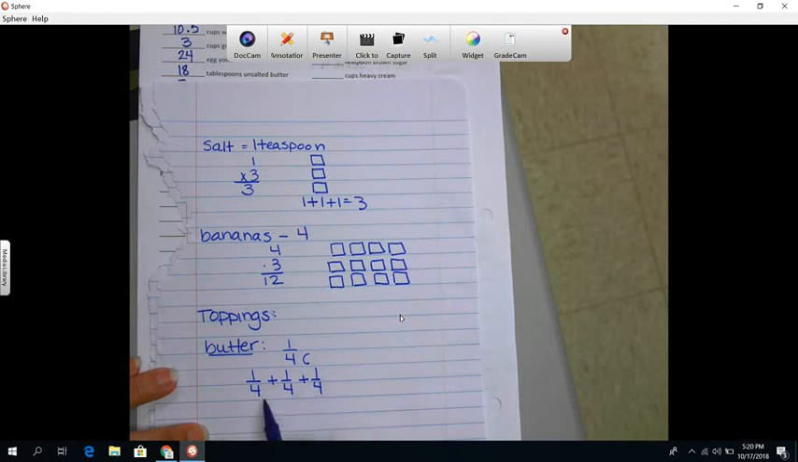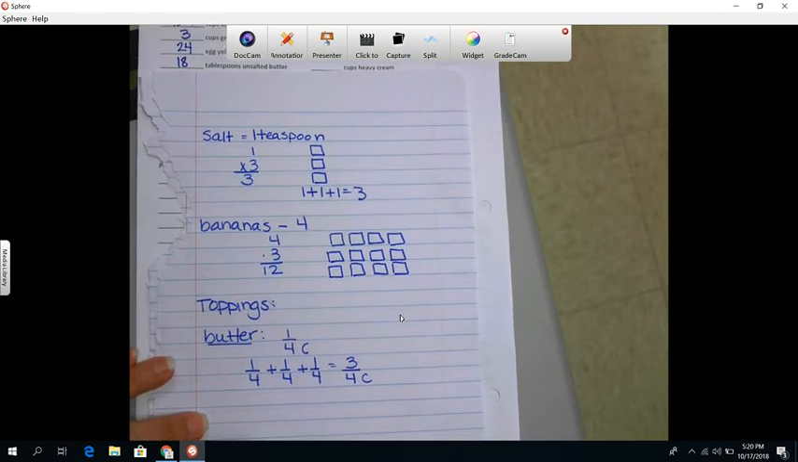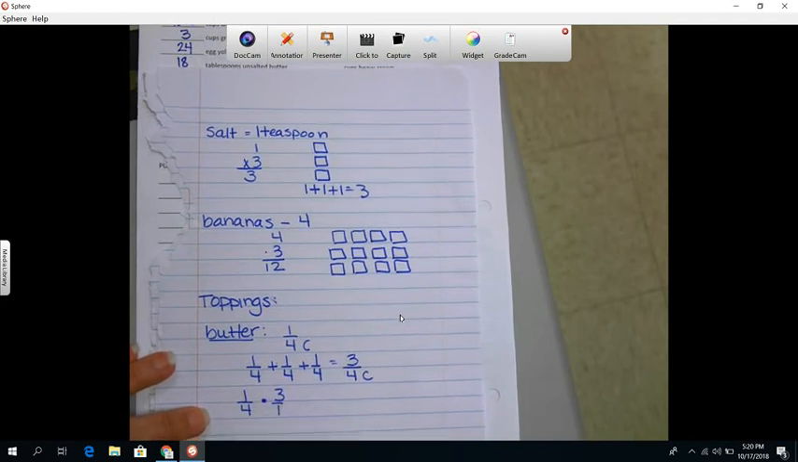Fractions, we are going to add our numerators, which is 1 plus 1 plus 1, which is 3, and our denominator stays the same. So we need 3/4 of a cup. Another way we could do that is if we know that we have 1/4 and we times by 3. Remember, we can put a 1 underneath our whole number and we multiply straight across. 3 times 1 is 3, 4 times 1 is 4, and we still get the same answer of 3/4 of